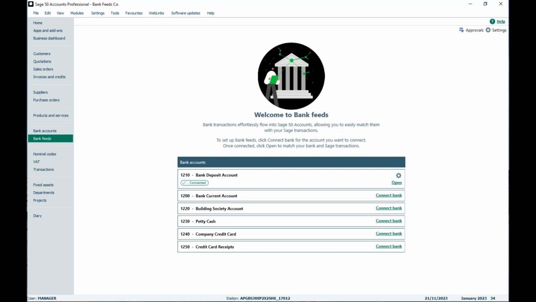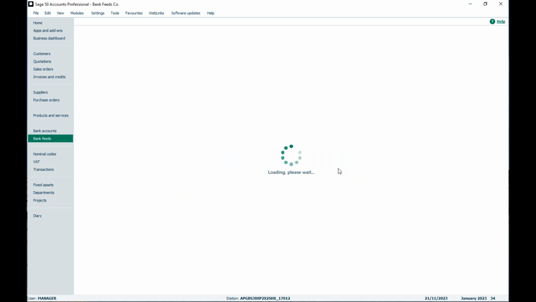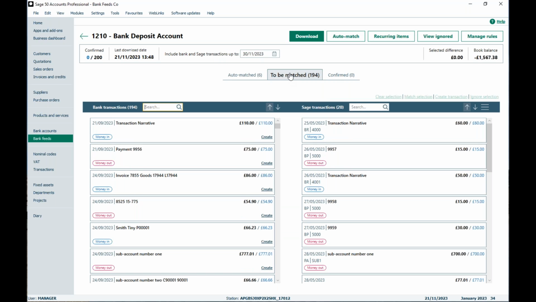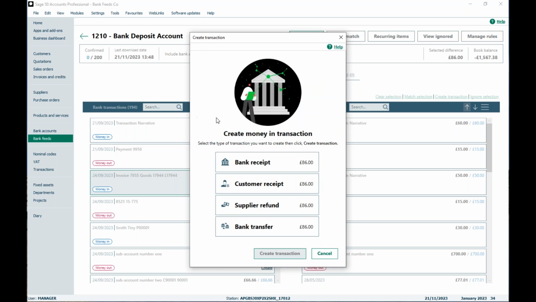Now, I want to show you again, but we'll use a different demonstration. So we'll just pop back into my bank feeds. And this time I'm going to create another transaction, but I'm going to do it for my customers. So I'm going to select this option here, and I want to create the transaction for this one. If you create a transaction from a downloaded transaction that doesn't currently exist in your software, you can actually assign it to or allocate it to an invoice at the same